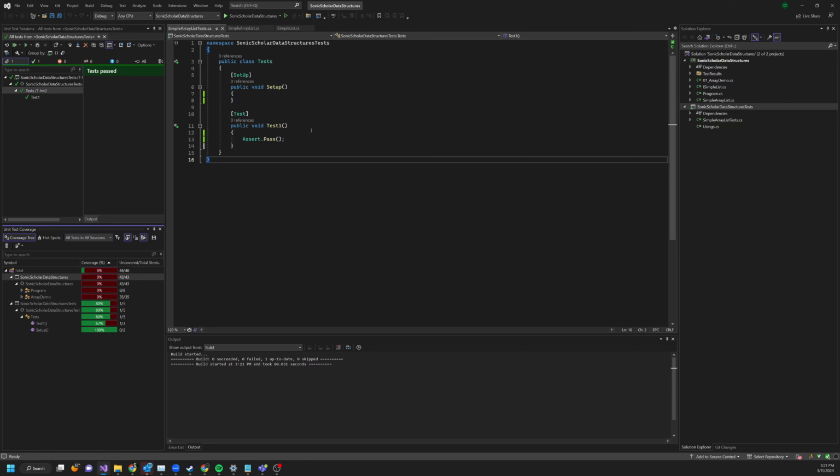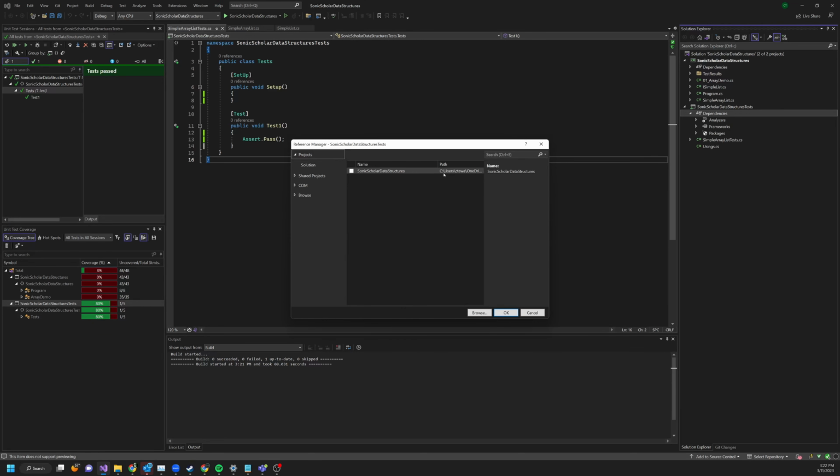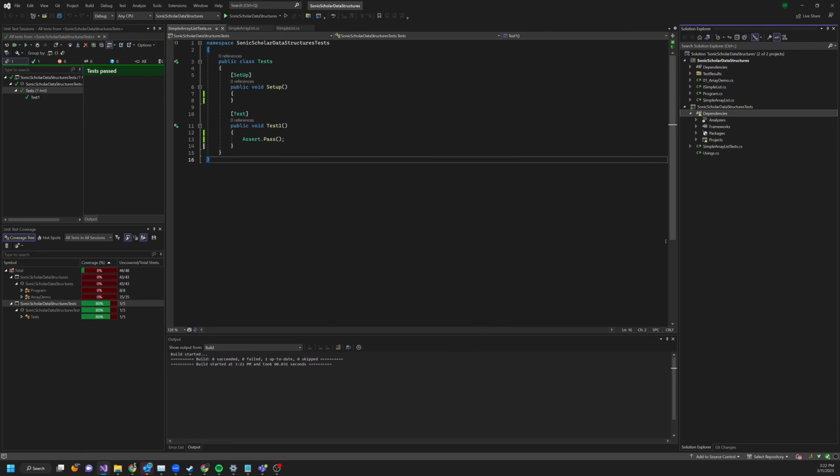So what I want to do next is write some tests for my simple ArrayList. I don't want to forget to add the dependency. So here's my tests project, and I'm going to go to add project reference and make sure that it's referencing my other little console app. First thing I'm noticing here in my test page is that I don't see the simple ArrayList class exposed,